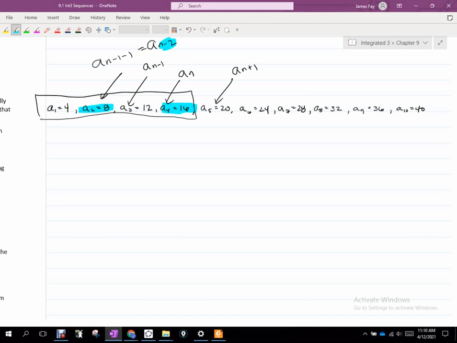Okay? And I can start anywhere and say, okay, A sub 8, let's let that be my A sub n. So if this is A sub n, then this would be A sub n plus 1. This would be A sub n minus 1. What would this one be called if I started at A sub 8? If A sub 8 was A sub n, this one would be A sub n plus 2. And what that does is it gets me to move to different positions in the list. Is that all right? Okay.